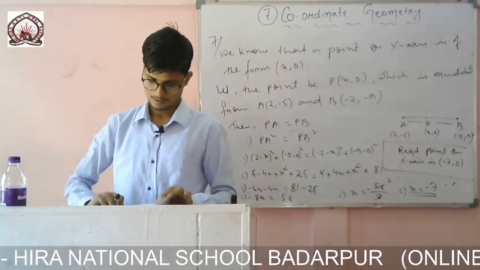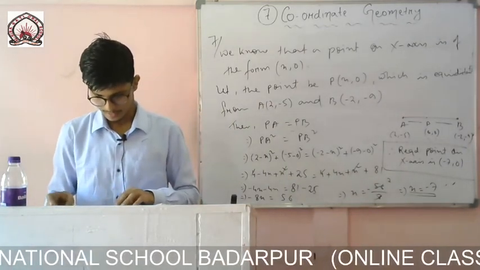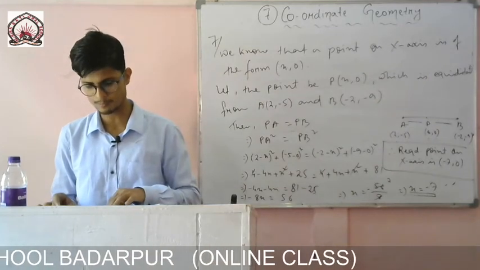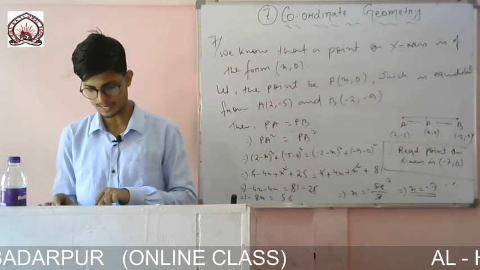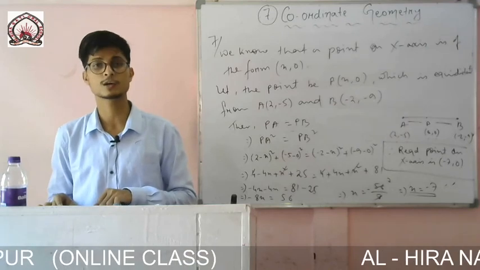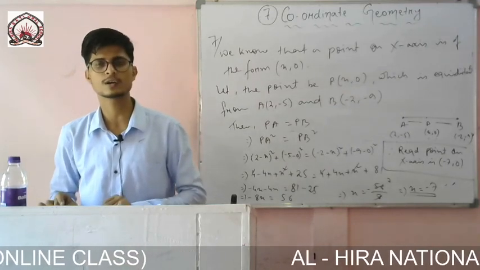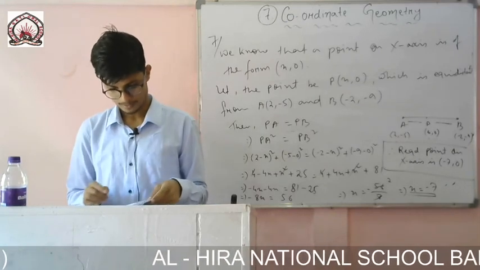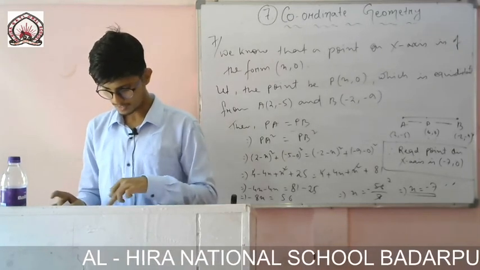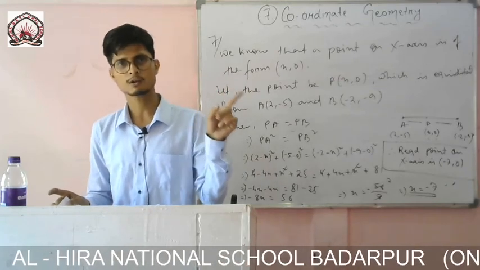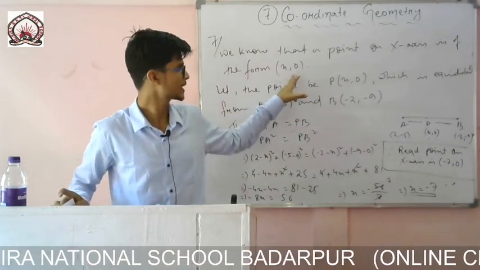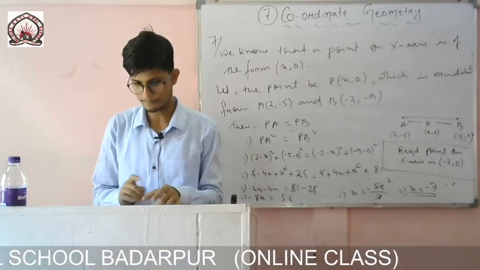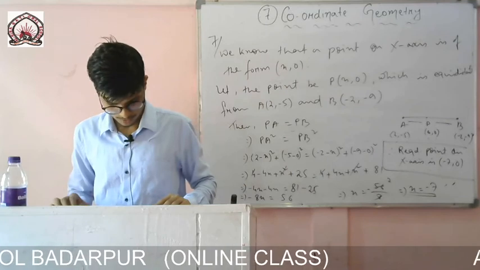The same example is there in my book, page number 185. You just see example number 5, the same as this one, but here the question is given on y-axis. So if it is on y-axis, then the x coordinate will be 0, just keep in mind, and you practice this one the same way. Okay, so question number 7 we have done, which is similar to example number 5. Here only the case is given that on y-axis, so if it is on y-axis, then the x coordinate will be 0, keep in mind.